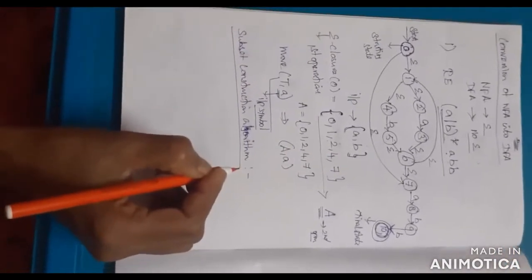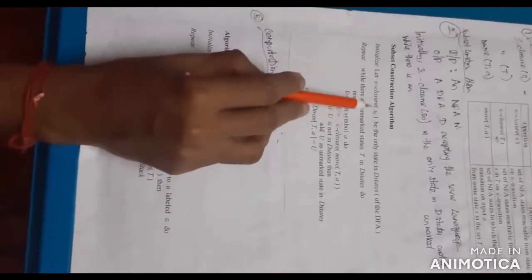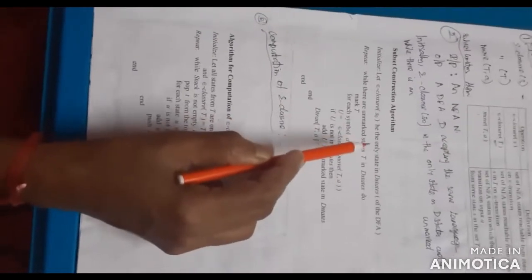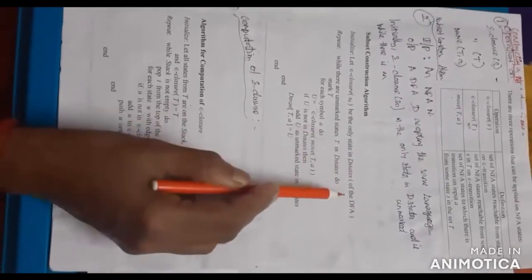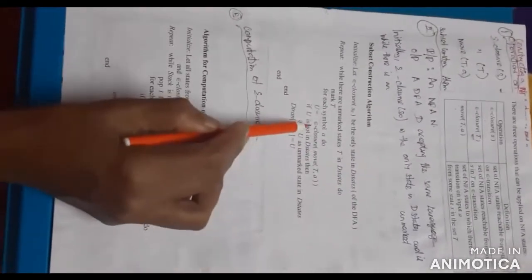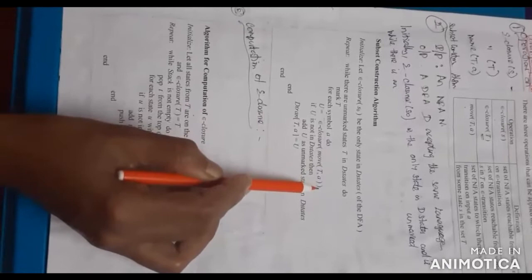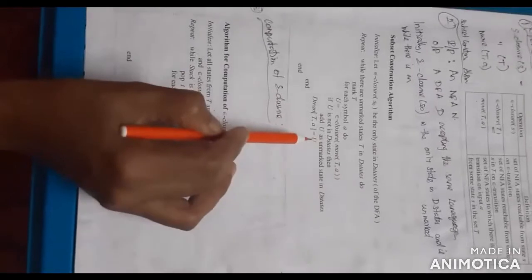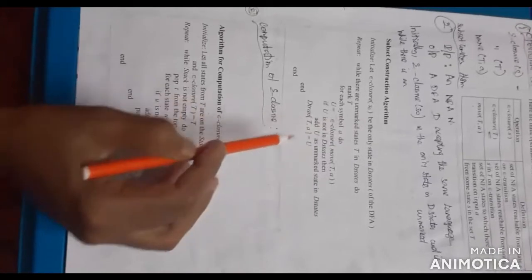Okay. What is the subset construction algorithm? Here I have already given the algorithm. This algorithm initializes the E closure of S0 as the only state in D states. So you have to construct for every state, capital A, based upon the input symbol. You have to check move of A, comma A. Then after that you check the empty symbol along with the input symbol of A, and add, then you can form the new states. The new state is marked as U. U is the unmarked state. So based on the algorithm you have to do for the given problems.